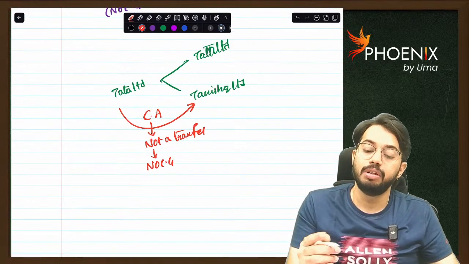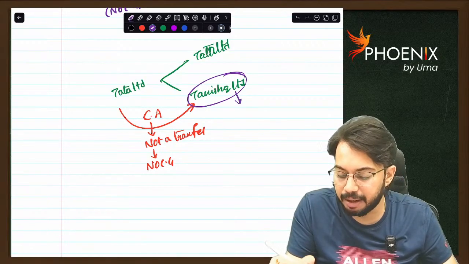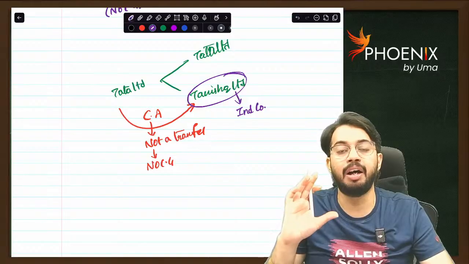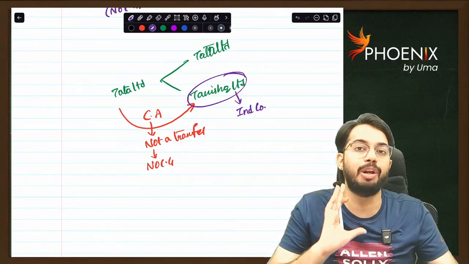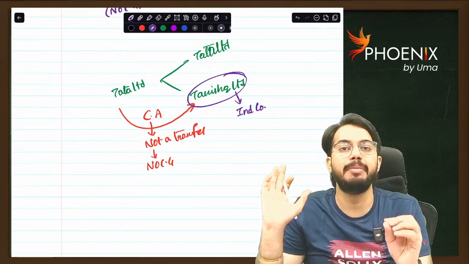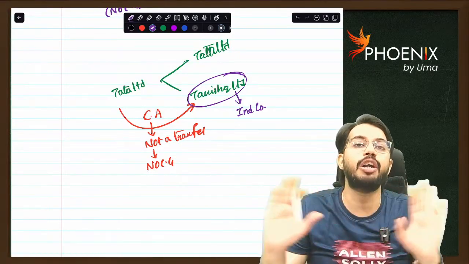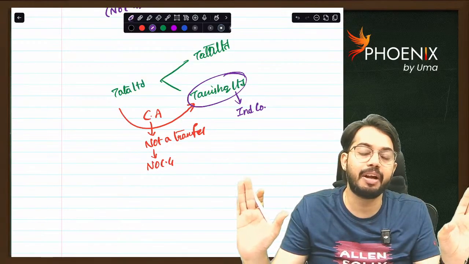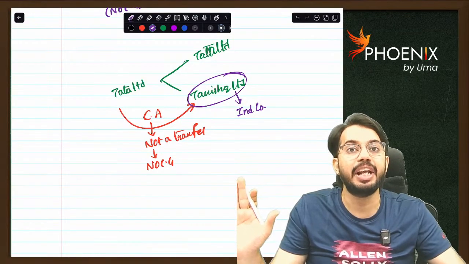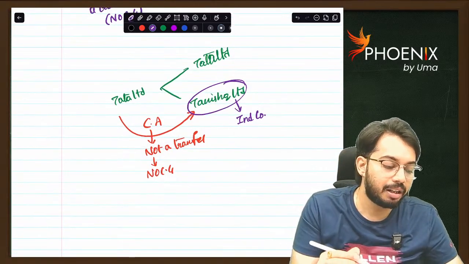And subject to the condition, resulting company must be an Indian company. Then only this provision is applicable. It will not be treated as transfer. Very simple. During demerger, transfer of capital assets from demerged company to resulting company, not a transfer. No capital gains are required to be calculated. Subject to the condition, resulting company must be an Indian company. Is it clear? Now, let's say Tata Limited